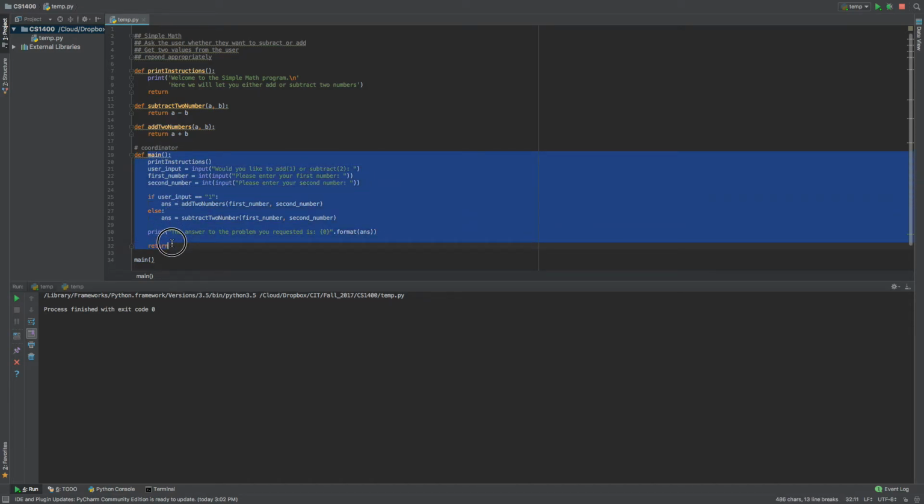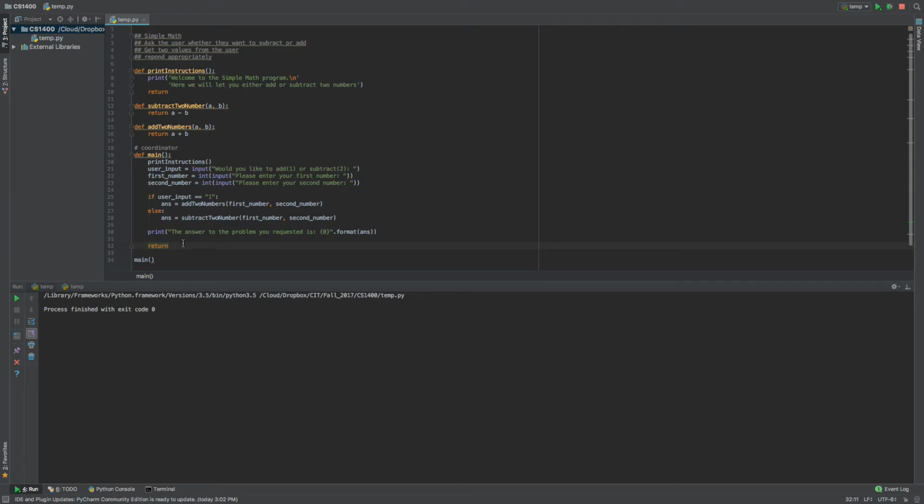If your main is huge and big, that's usually a sign that you could be doing something better. Now, for the purposes of this class, it does not matter. We could put all of this stuff inside of main. We could, in fact, it wouldn't have been that big of a deal for us to say int equals first number plus second number. Okay, that wouldn't have been that big of a deal, but the purpose of this video is